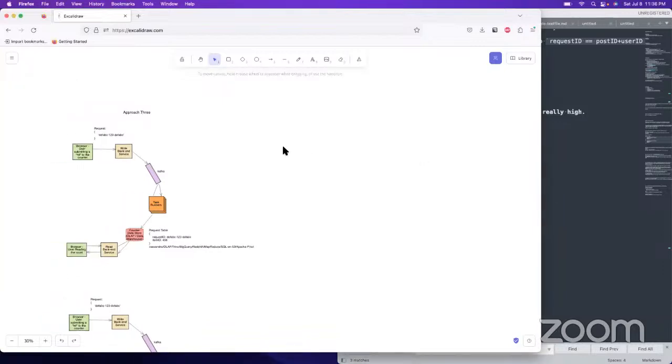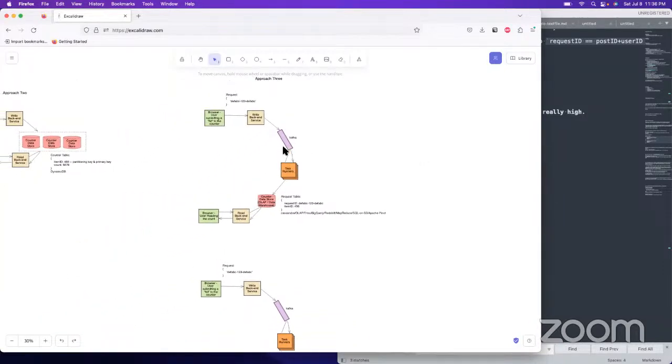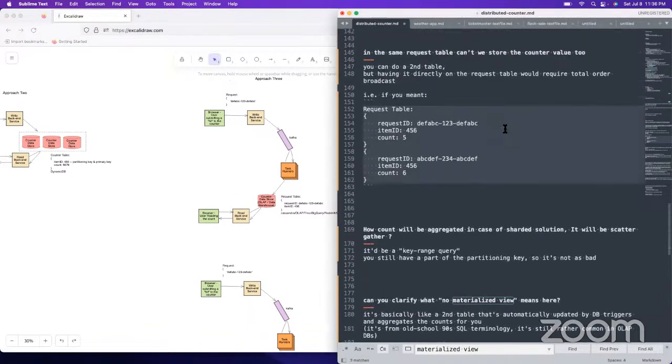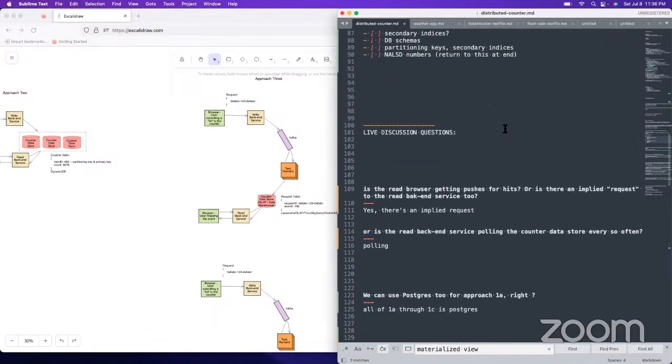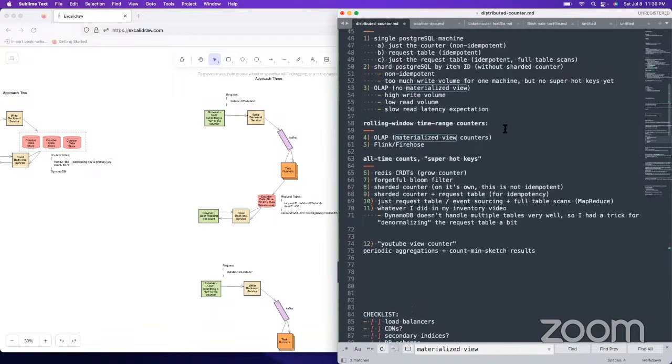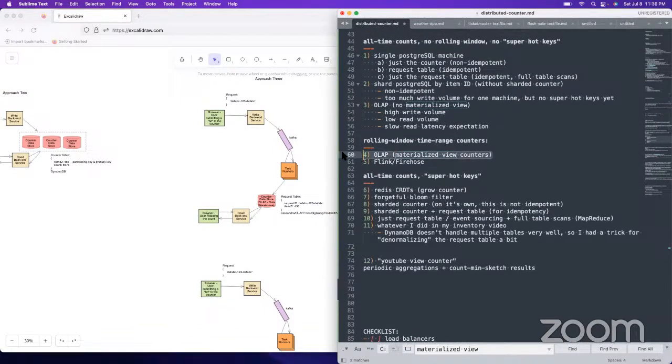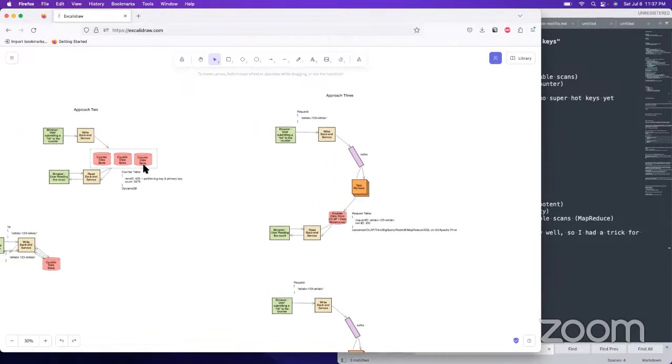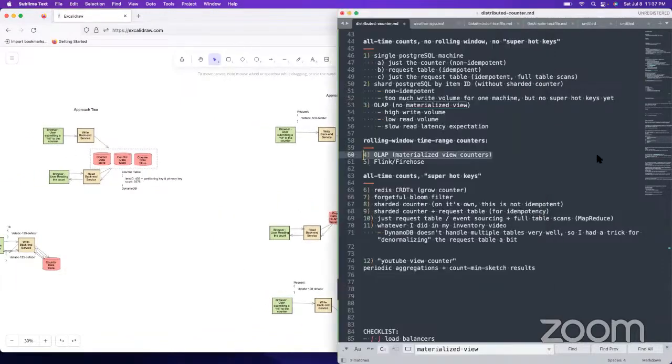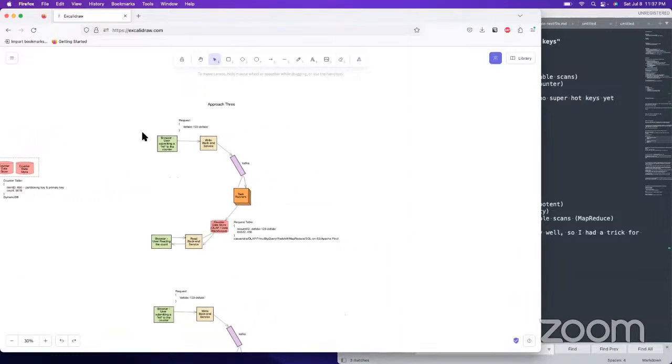Okay, I think we're good to move on to approach 4. We just did 3. Let's check out what I meant by 4. Oh no, okay, this one was missing timestamps. We don't have timestamps in our counter table, so we can't actually do it. I think we would still need our item ID in there.